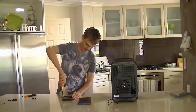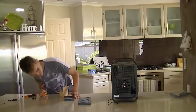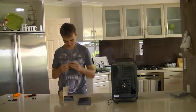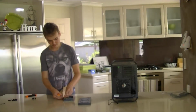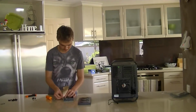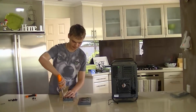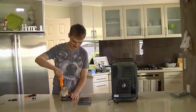And you just want to snug it up. Not too tight, not too loose. And yeah, so you want to grab 4 of these, since we have 4 drive holes. And I'm placing these with the bigger side down, so the bigger side of the rubber bit is down on the drive. It most likely won't matter which way it goes into the drive. If it does need to go another way,